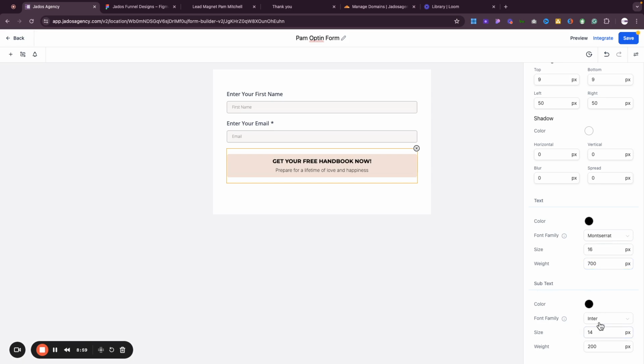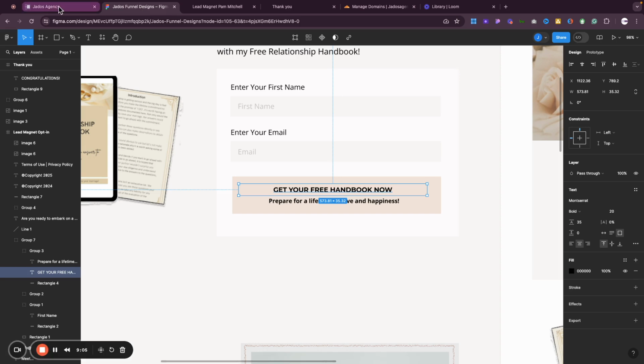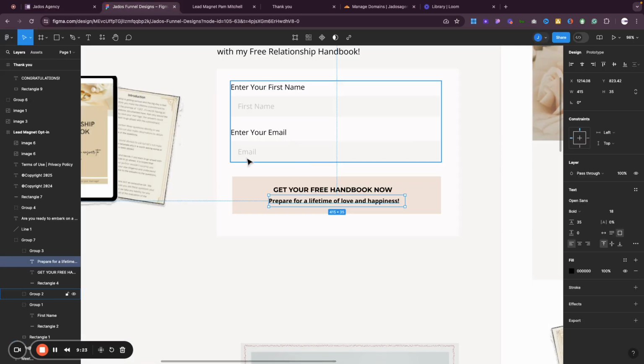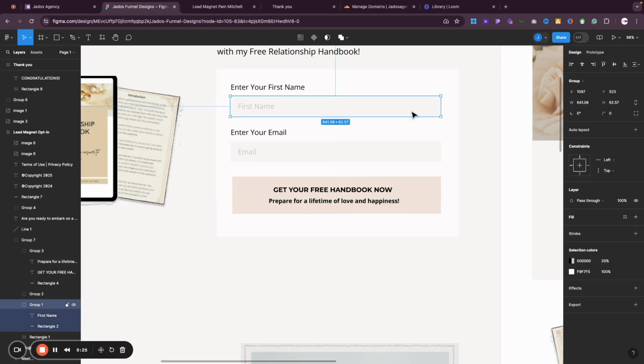And then the subtext is also Montserrat. Actually, the subtext is not Montserrat. Subtext is Open Sans. There we go. All right, let's do that. So change that to Open Sans also, and let that be 15. Okay, so it's coming together. Now, if you notice as well, the field